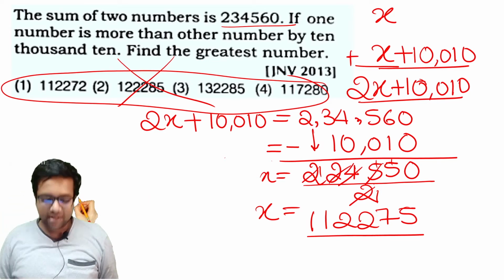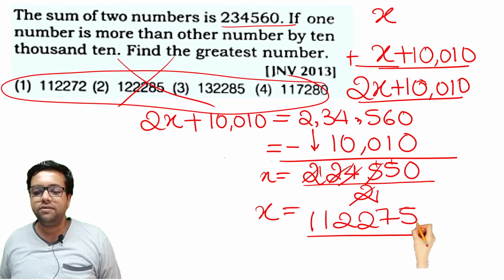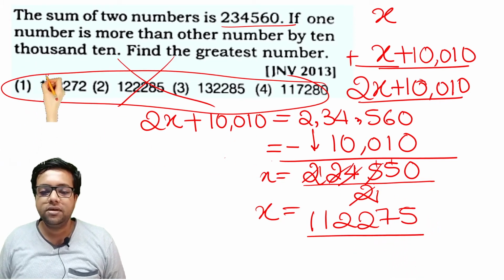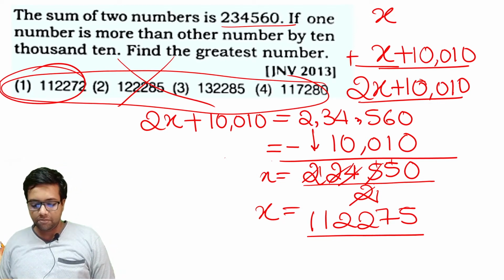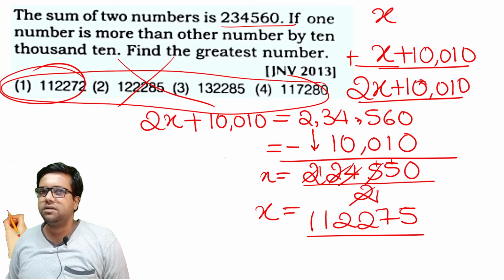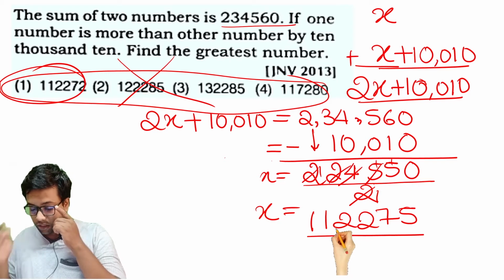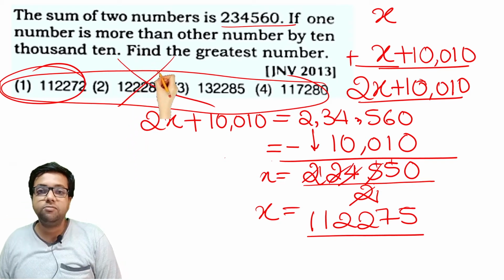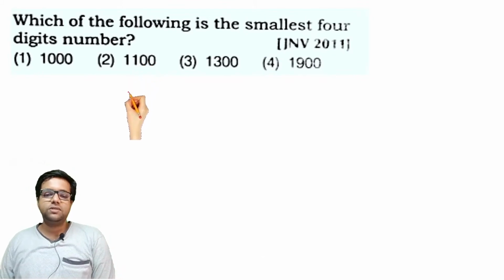You just have to mark any of the appropriate answers. Whatever answer is very near to this value, you just have to mark that value. Otherwise, if you don't mark it, I don't know, maybe they will give you a grace mark for such a question. It is better to mark the nearest value when such a situation comes, because you don't have negative marking, so there won't be a problem. All right, let us move to the next question.